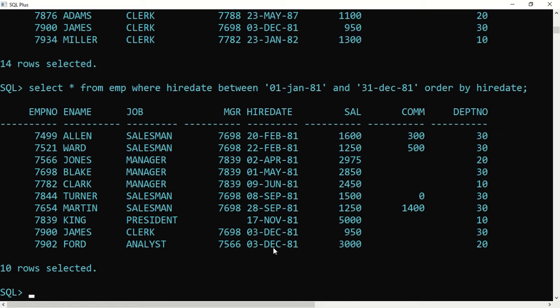Second, it is according to the condition that all the employees who joined in a particular date range, from 1st Jan 1981 to 31st December 1981. So you know how to use the BETWEEN operator. Now let's go for the next.